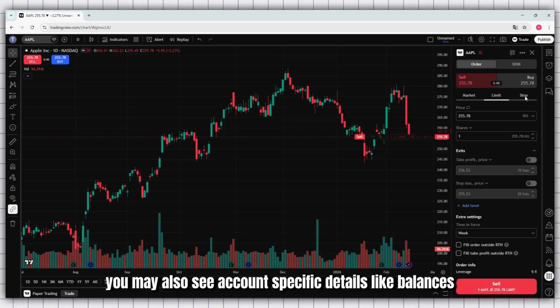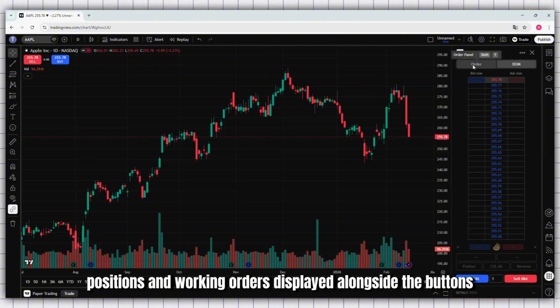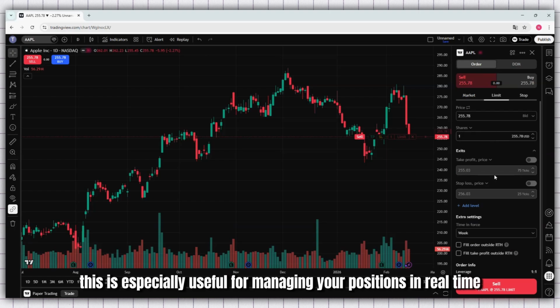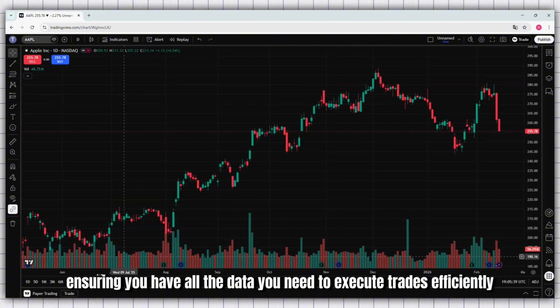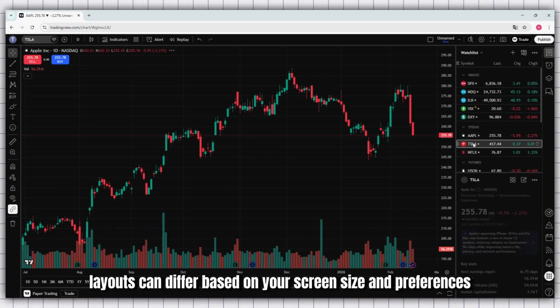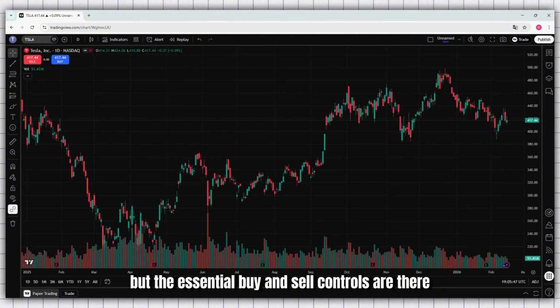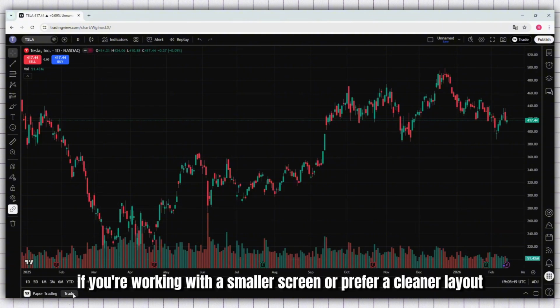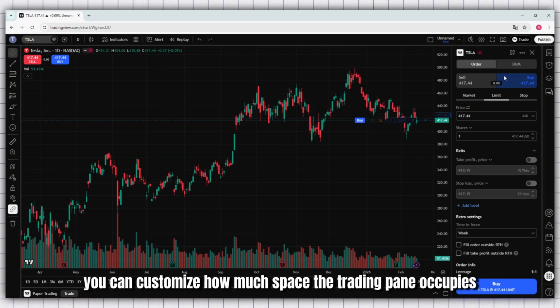Depending on your broker, you may also see account-specific details like balances, positions, and working orders displayed alongside the buttons. This is especially useful for managing your positions in real time, ensuring you have all the data you need to execute trades efficiently. If the pane looks compact, that's normal. Layouts can differ based on your screen size and preferences, but the essential buy and sell controls are there. If you're working with a smaller screen or prefer a cleaner layout, you can customize how much space the trading